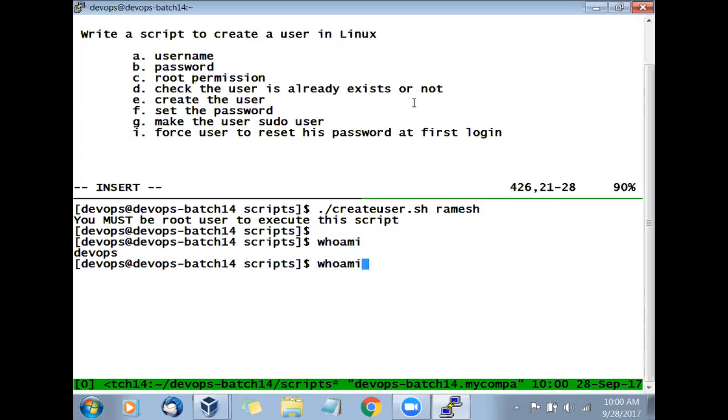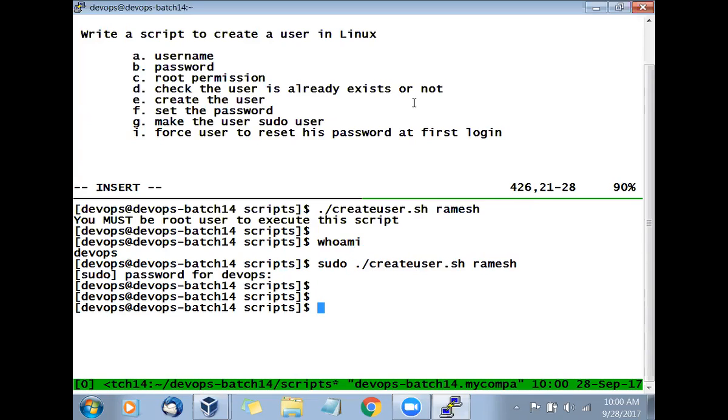So now we have to go with the sudo. If you have to become the root, you have to use sudo. Shall I run? Okay, and we'll give the DevOps password. Here, no error. That means things are okay. If you get the error, things are not okay. Simple, right? That's why we have to go very step by step, one block at a time, so we can thoroughly understand what is happening.